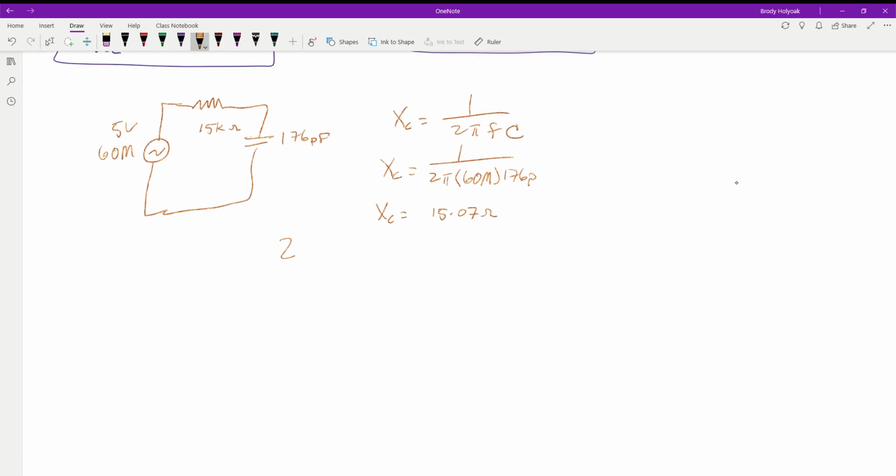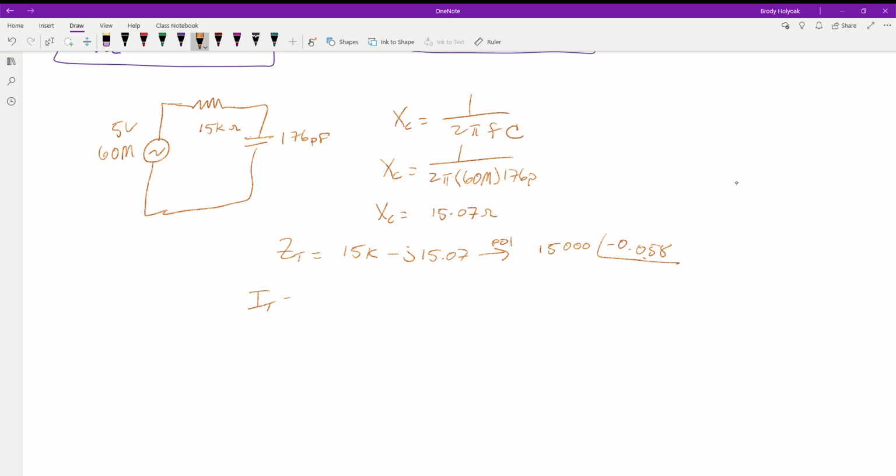We want to solve for the impedance of the whole circuit. And as I'm pulling my notes up, give me just a second, I dropped them. Okay, so we have our 15 kilo ohms minus J of 15.07 ohms for our reactance. We want to convert that into polar. So after we do that, it's going to be 15,000 at an angle of negative 0.058. So 58 millidegrees is what it comes out to be. So very, very teeny, tiny.